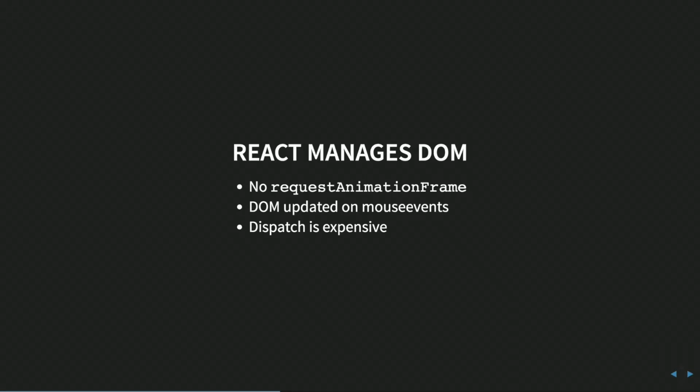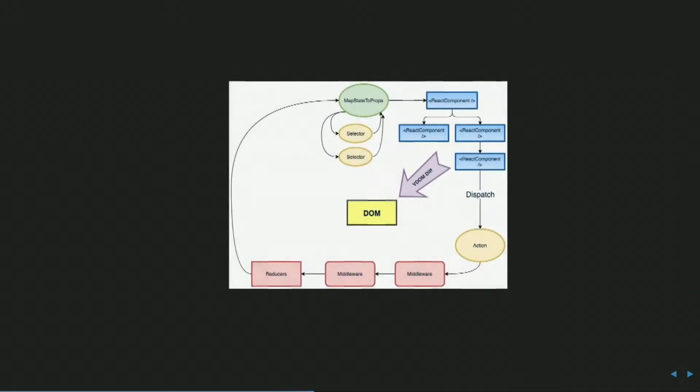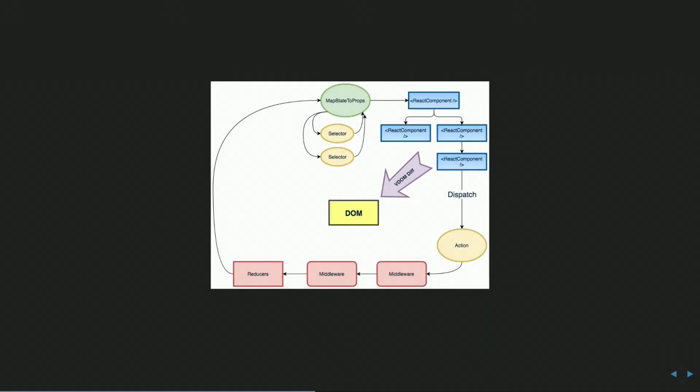Because it's drawing outside the request animation frame, it's updating the DOM on the mouse move events, and it's doing this dispatch thing which runs through the Redux loop, which is expensive. And it's basically breaking all the rules for doing fluid animations with JavaScript. And so why do I say dispatch is expensive? It's not really in this app, but it kind of is, because when you do a dispatch in a Redux